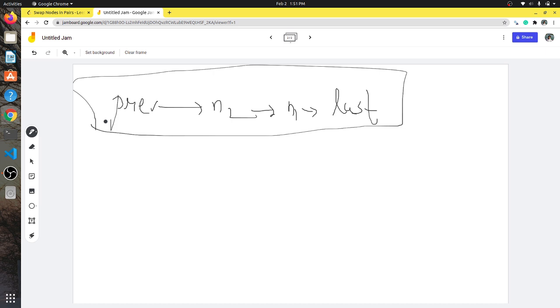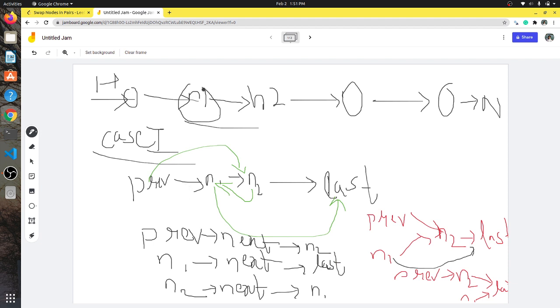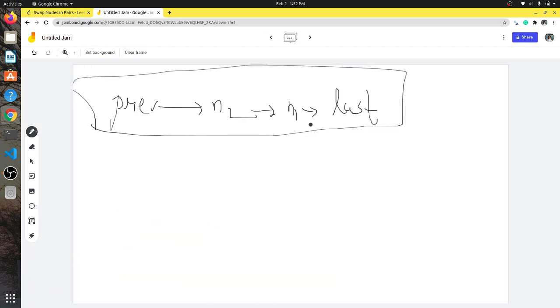So for iteration, we know that we have to iterate over a lot of pairs in the intermediate state. For the next pair we make last our n1, because it will be n1 for the next pair.